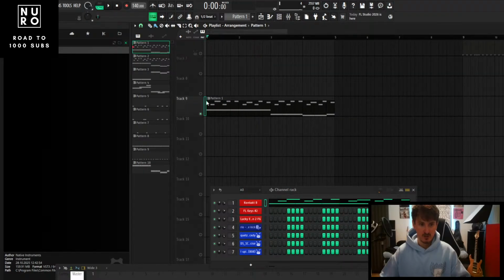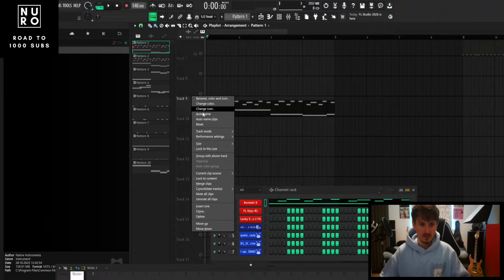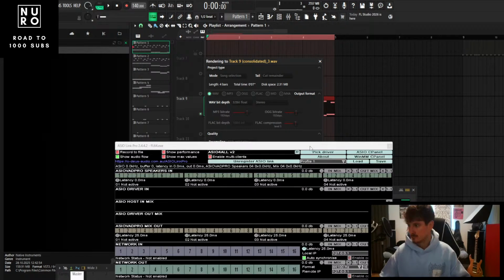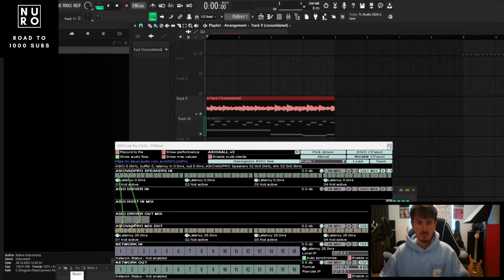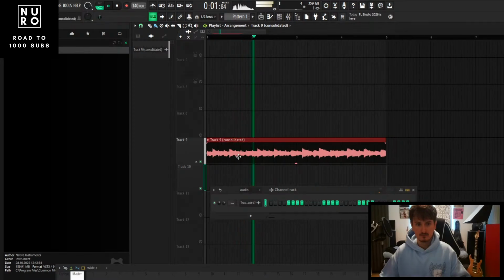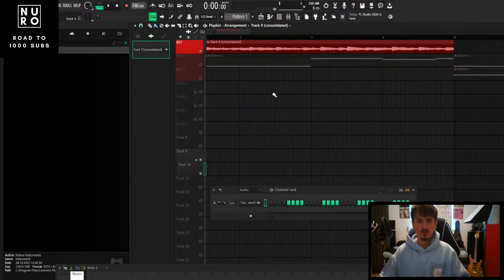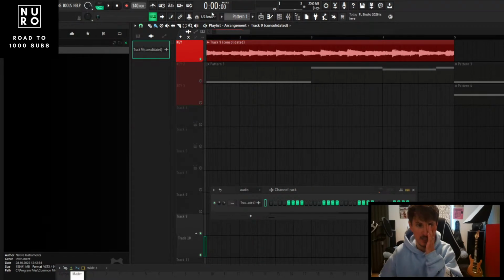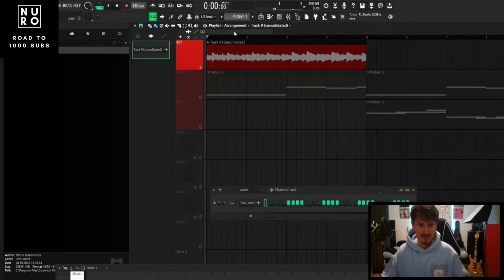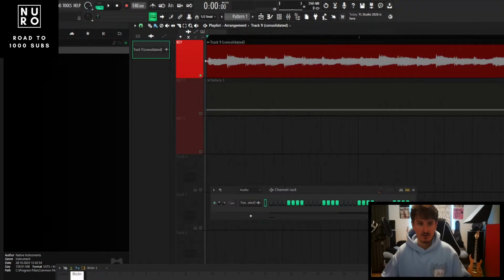So we go to the channel and we right click it and we say consolidate track from track start. We hit all right. And this is what happens. It turns into an audio clip. And as you might know, music is just waves. So music is just waves that travel through space. And these are depicted in this thing. You can see those like this. And it's the same thing as the